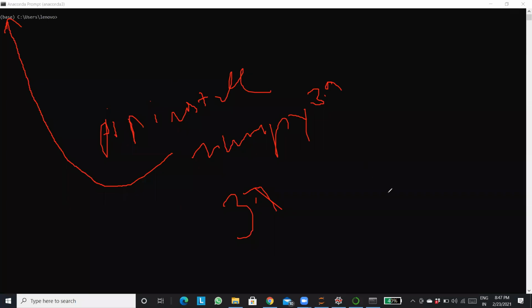Rupesh is saying 1.2. Anyways, leave that version. I don't need the exact version. Understand the concept first. Suppose you have created a churn prediction project, where NumPy version 3.9 was used.